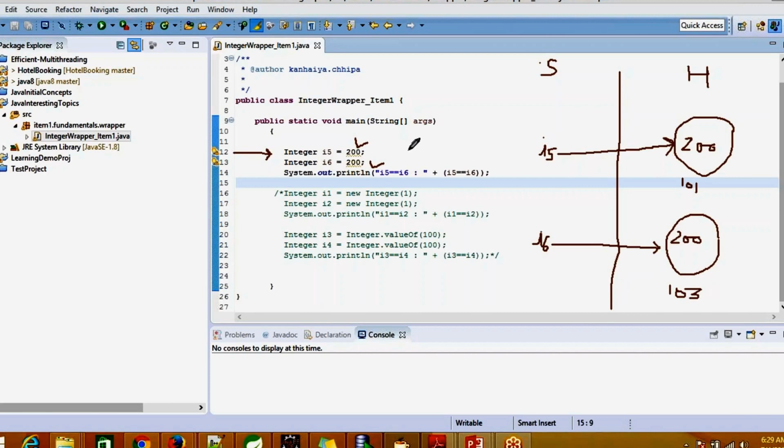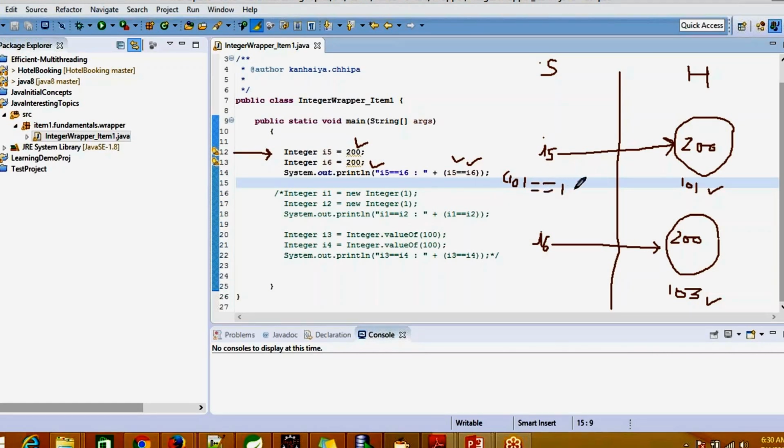Now coming to the equality comparison. You might know that if you check equality using the == comparator, then it checks the memory addresses of the objects. Here you will see that 101 and 103 are different memory addresses, so it would be treated like 101 equals 103.